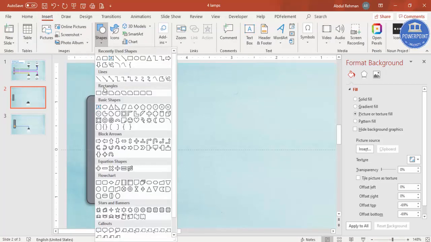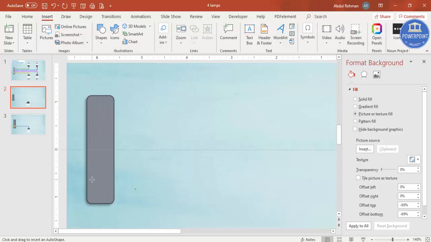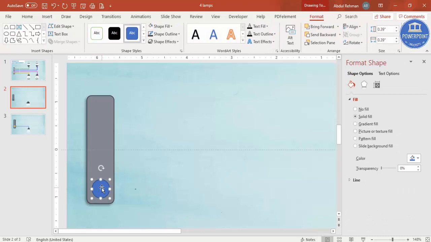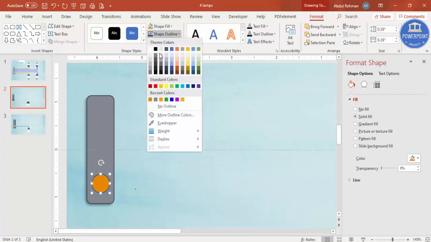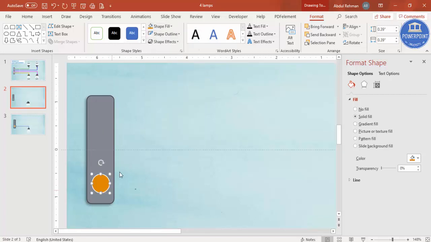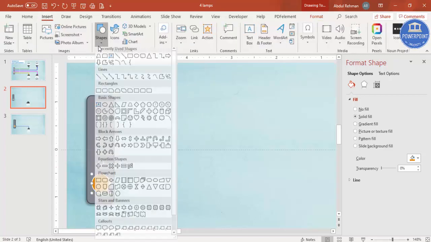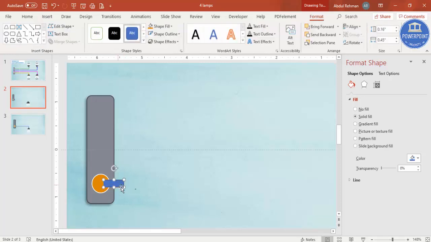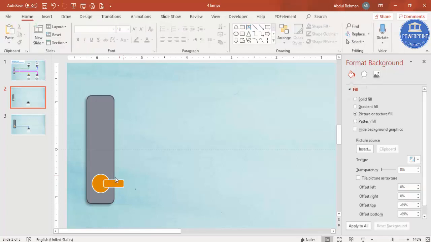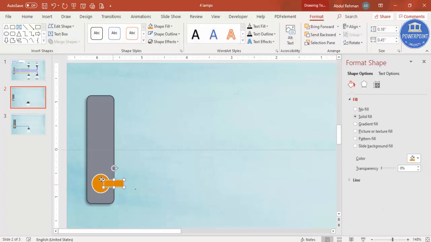For that, go to shapes, select an oval shape, hold the shift key so that you get a perfect circle. You can see here, and you can give any color of your choice. You can see here shape outline, maybe you can make it white, and then go to insert shapes, select this rounded corner, make it somewhat like this. You can see here, again give the same color, and I'm just going to reduce it a little bit